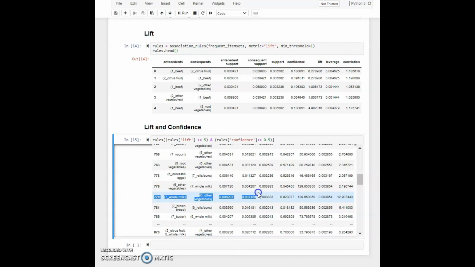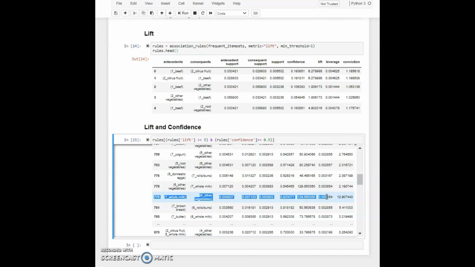Now you can see here at row index position 779 that if whole milk, in other words item A, is purchased, then it's very likely the other vegetable will also be purchased in the same transaction, where other vegetable is item C. We know this by looking at the lift and confidence of this unique combination. So if you look at the lift here, it's equal to 12.97.